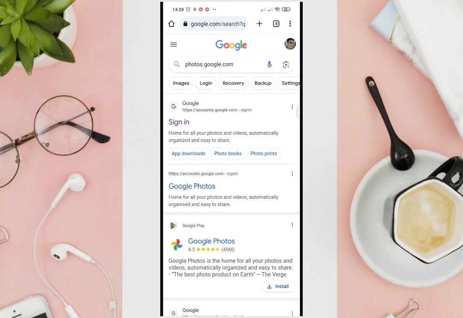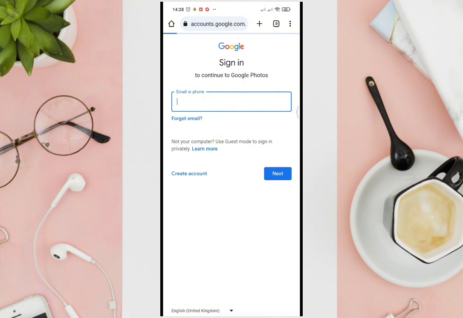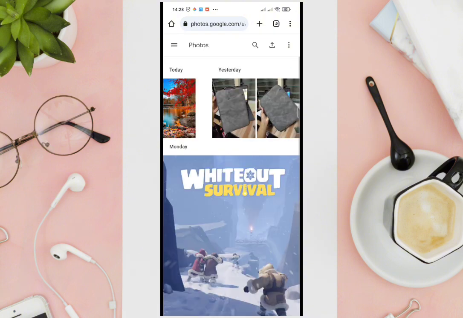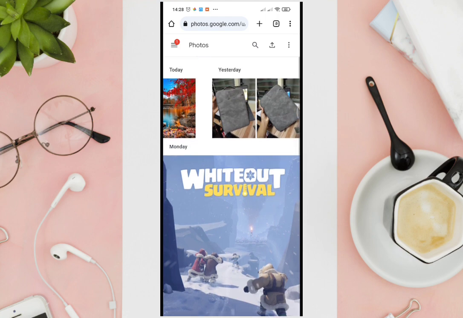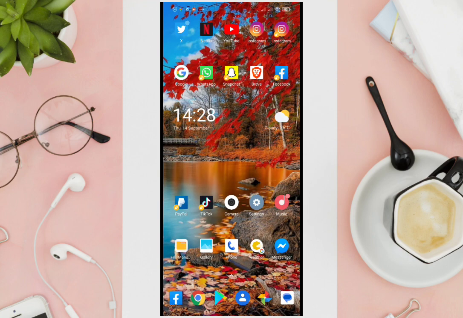web browser and then type out photos.google.com and then sign into your account. So as you can see, you are now able to see your backup photos in Google Photos. So that's it. Make sure to log into your account or sign into your account so you can see